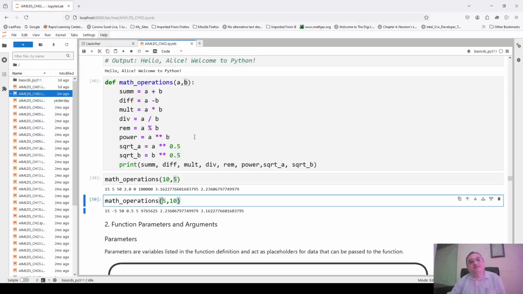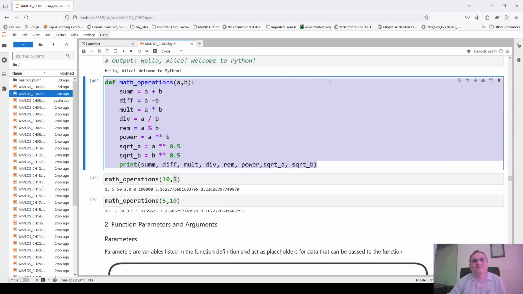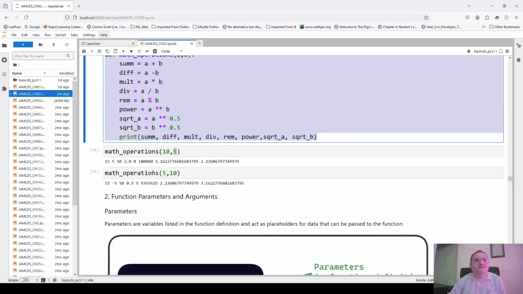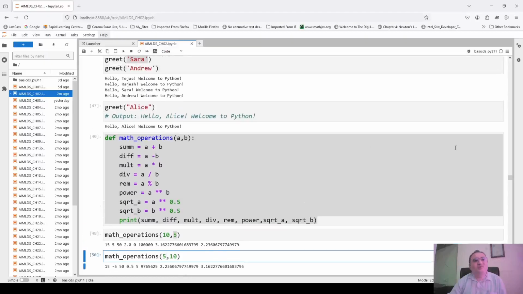The question is, if there are so many arguments, say 10 arguments, then do I need to remember the order of every argument every time? Because this function is defined suppose here, and it has suppose A, B, C, D, E, F, G, H up to I, many arguments, and it is used after 100 lines of code somewhere else in your code. So obviously you may not like to scroll up and look in which order they are.